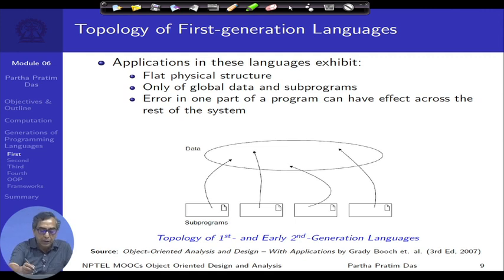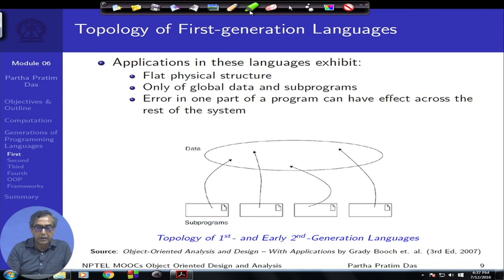If we look into the topology, and in every generation we would try to look at the topology to see how the computation actually behaves between the data and the program or the algorithm. We said that computation is basically an interaction between these two. In the first generation, in terms of the data, we had a typically flat physical structure. Data used to be in a flat structure, possibly one single global data, and then you have a number of